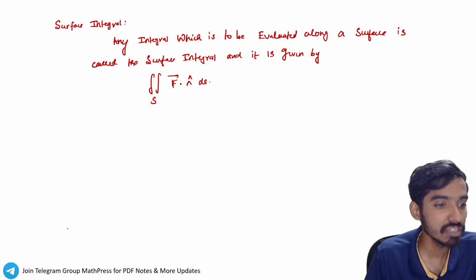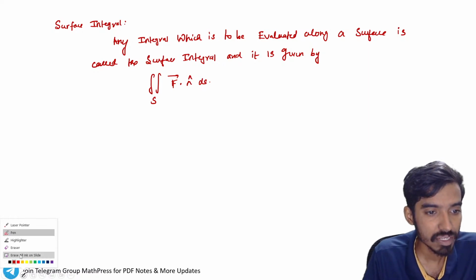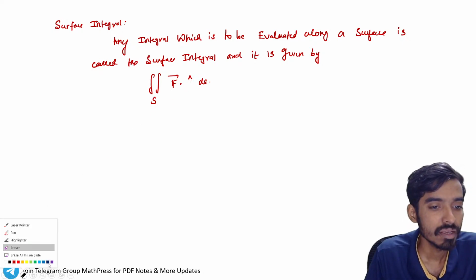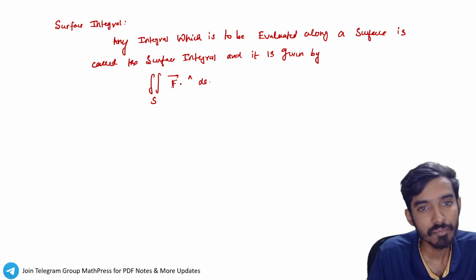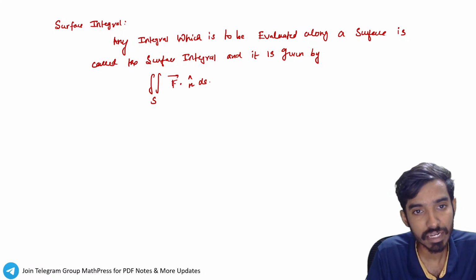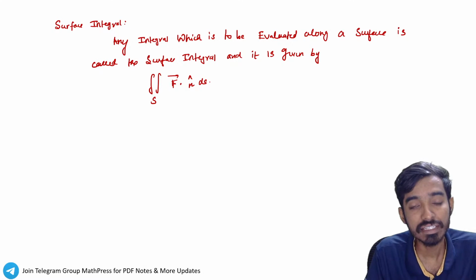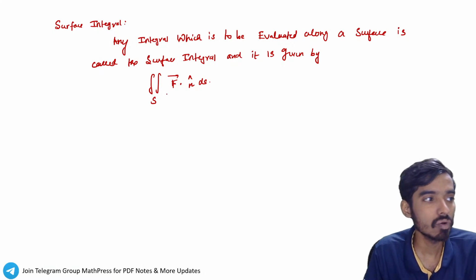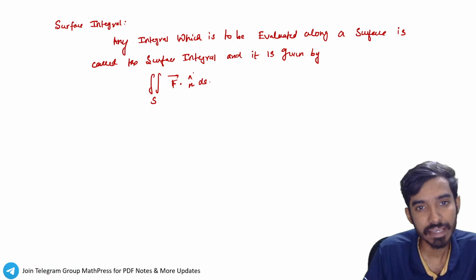This is the representation of surface integral. If F is a vector point function, the integration of F over the surface is given by the double integral over S of F vector dot n cap dS,